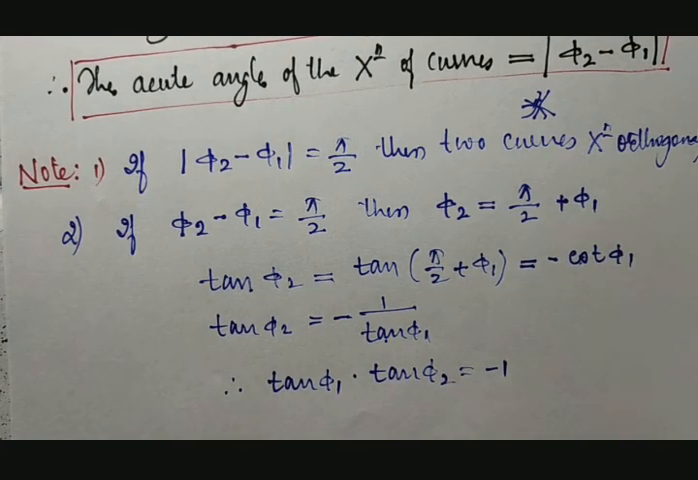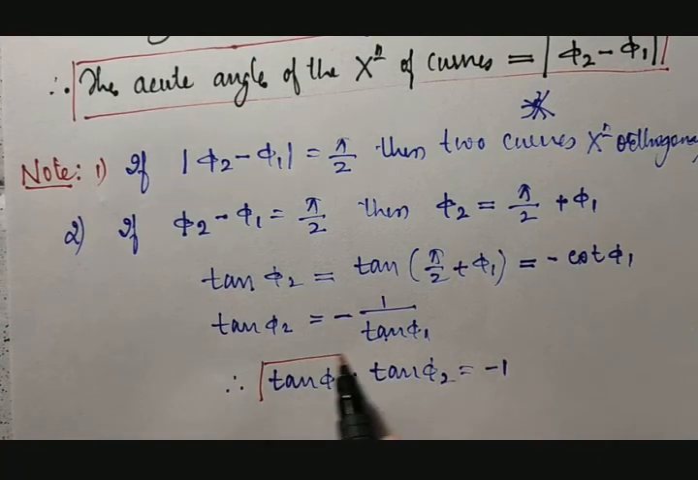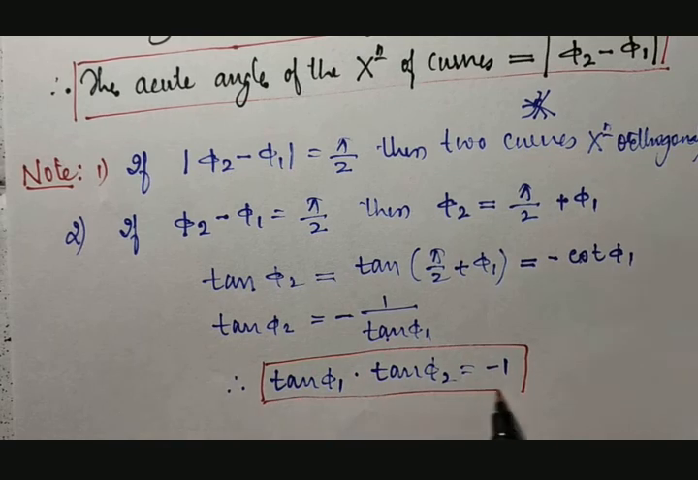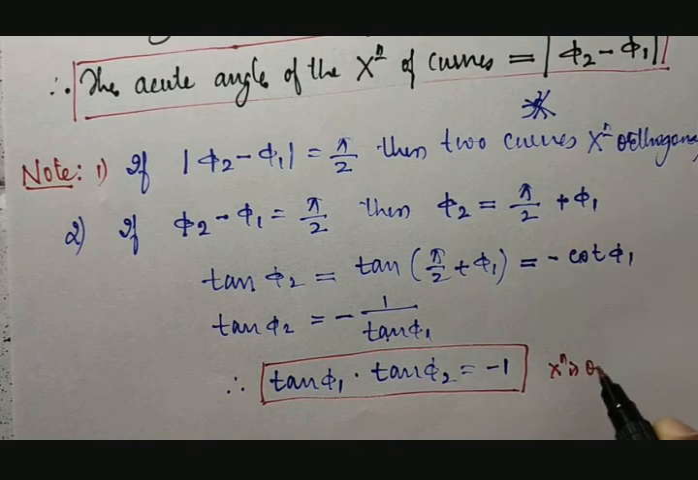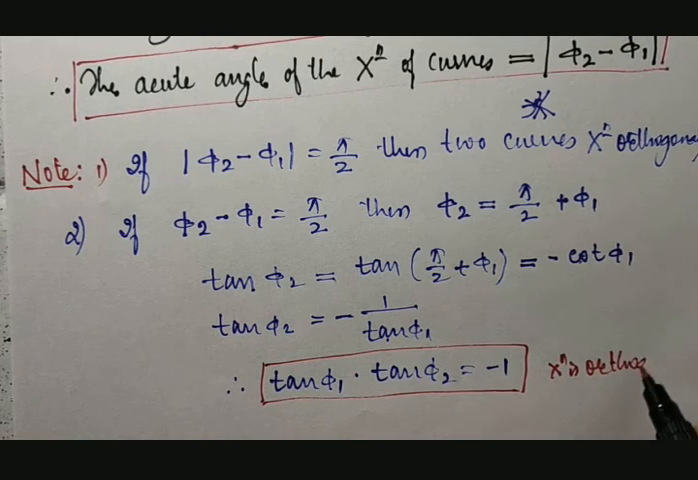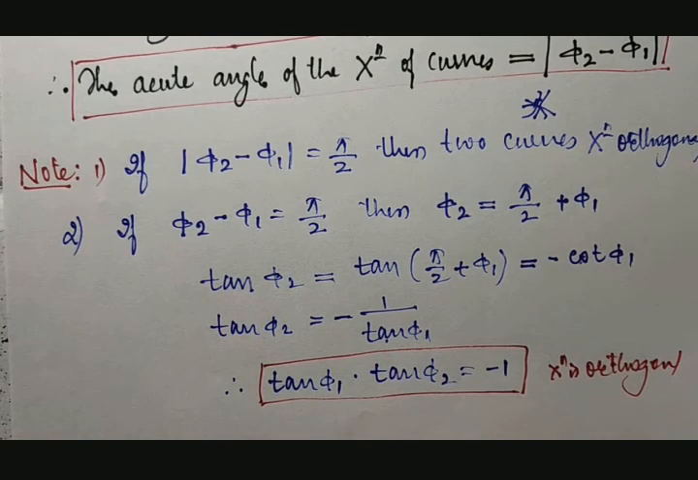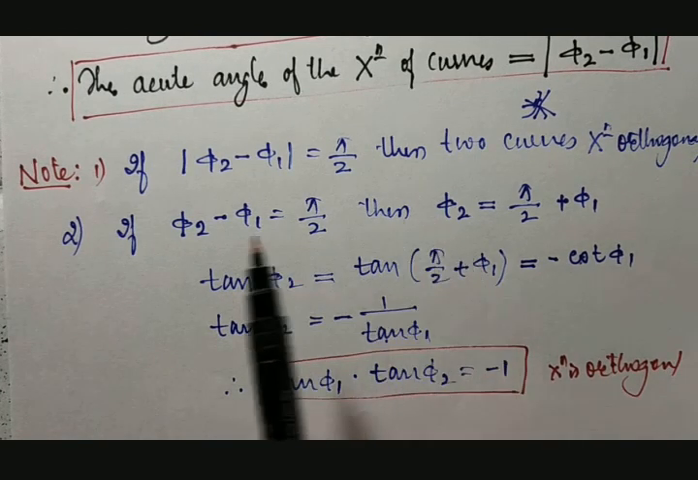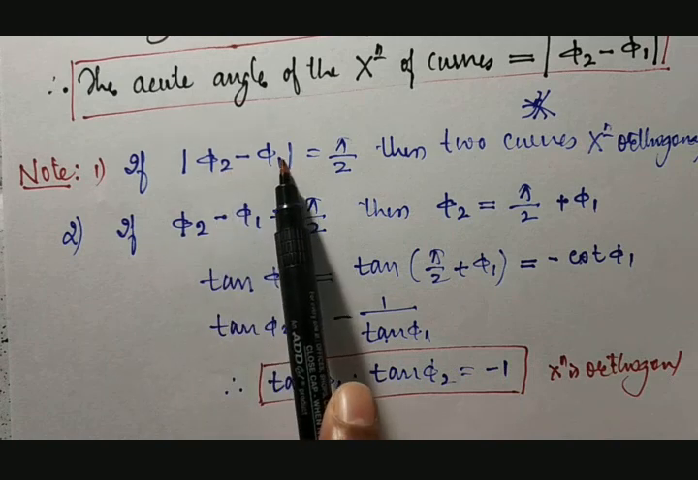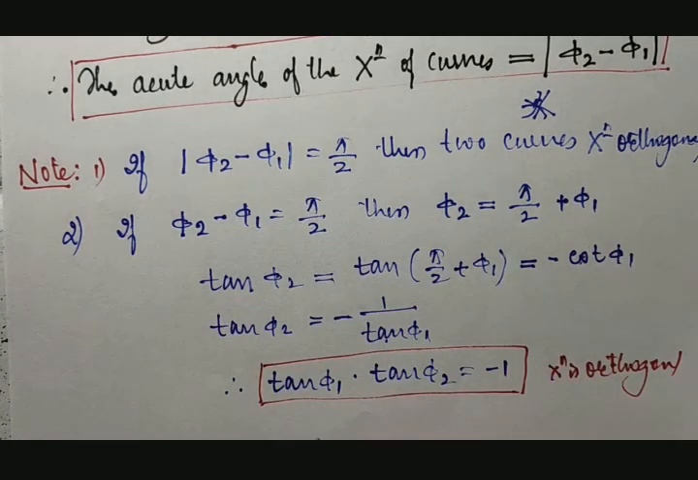This also says the curves intersect orthogonally. Means there are two conditions. One, mod pi 2 minus pi 1 is 90 degrees, it is orthogonal, or else tan pi 1 into tan pi 2 is equal to minus 1. We know that tan is nothing but slope. So we got the slope m1 into m2 is equal